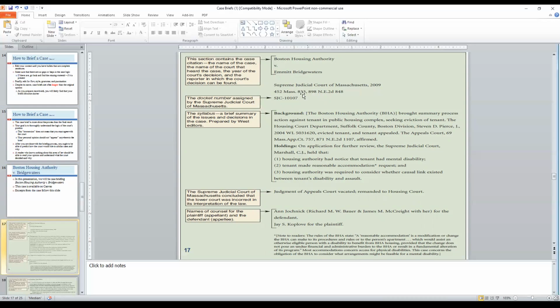Then we have the citation. These are called parallel citations. The state of Massachusetts still has its own reporter system. Texas hasn't had one since the 1960s. And so we would not have in Texas a similar site to this, but this is the state reporter system